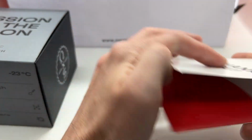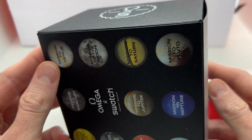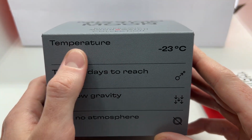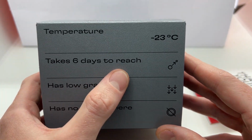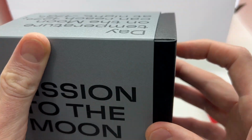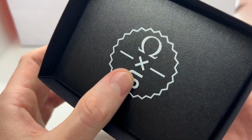And I was able to find the Mission to the Moon Swatch. As you can see, it has this very cool box with the information about the moon, such as the temperature and the low gravity, around 6 days to reach. Very cool box. Now if you open it, you can also see on the sides that it has the Omega